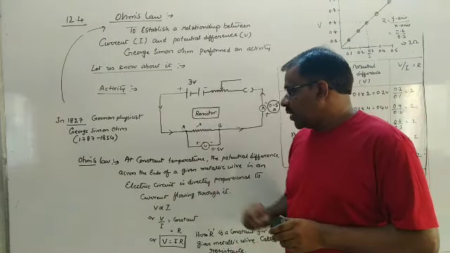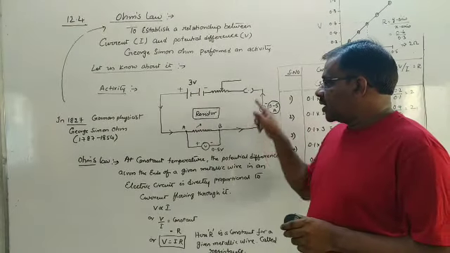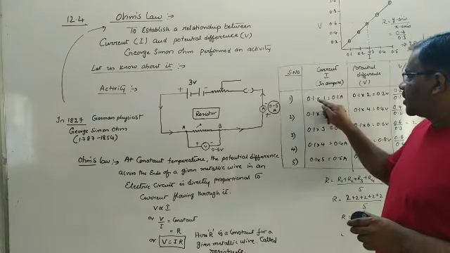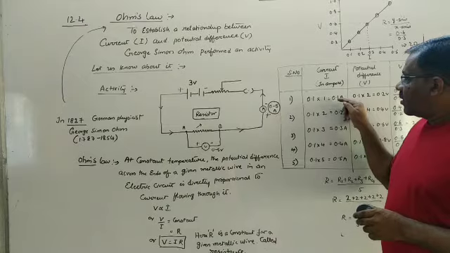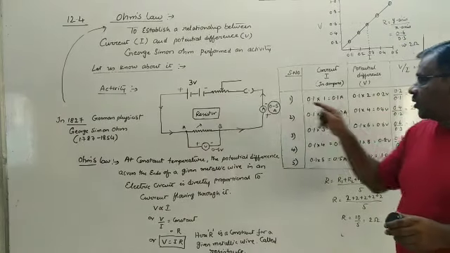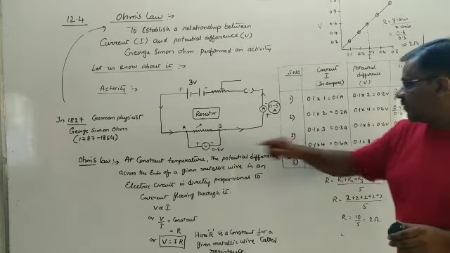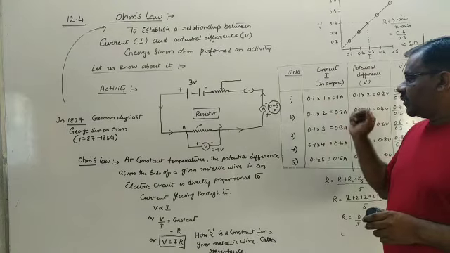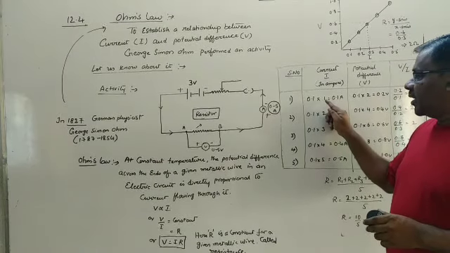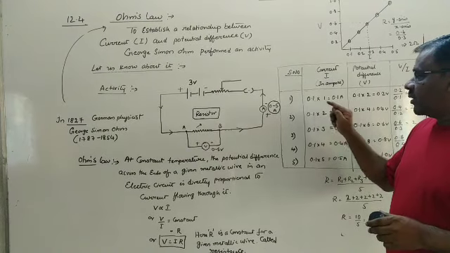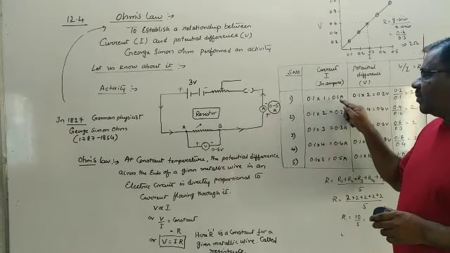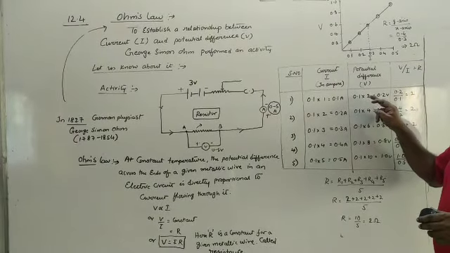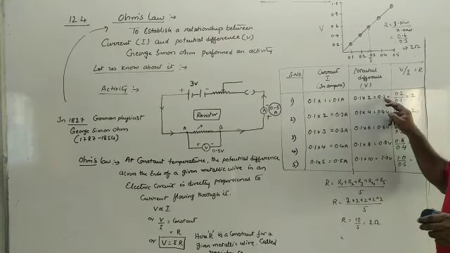Now let us see how it can be done. Suppose we consider this particular circuit. Using the variable resistor, I will adjust the value of current to be 0.1 ampere. When I adjust the current to 0.1, I will note down the reading of the voltmeter. Let the voltmeter reading be 0.2 volts. Sir, what is this 0.1 into 1? Suppose the reading of the ammeter is 1 and the least count of the ammeter is 0.1. So 0.1 into 1 will be equal to 0.1 ampere. In the same way, if the potential difference reading is at 2, then 0.1 into 2 is equal to 0.2 volts.